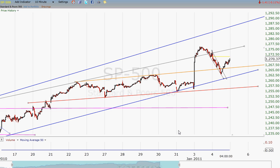Barring some unforeseen world events. I always say that because there are things that can happen. But once again, we are in a situation. Oh, by the way, you can see we closed underneath this line and back tested it. So at least there was some homage paid to this line,